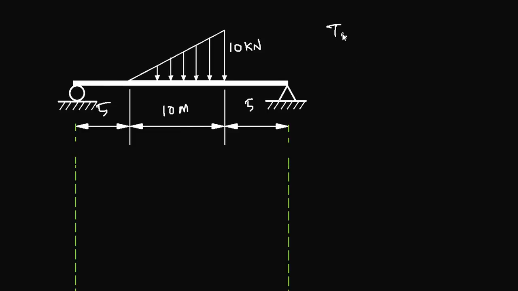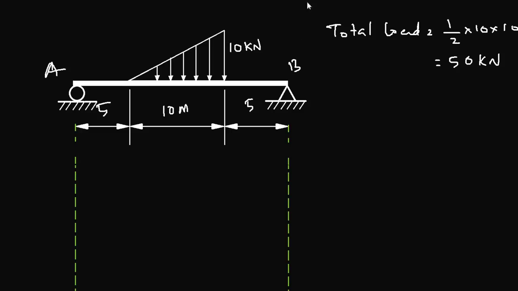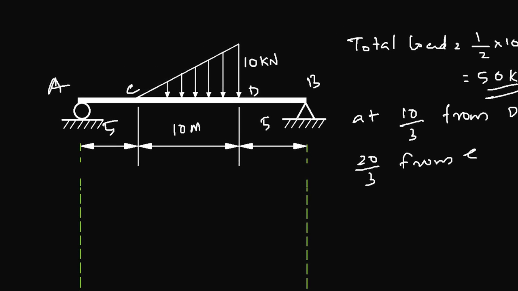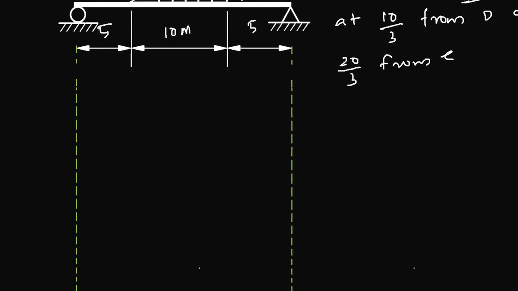Now the total load of this force system is half times 10 times 10 equal to 50 kilonewton, and with points A, B, C, D, that 50 kilonewton will be acting at 20 by 3 from C, and 10 by 3 from D. So this will be acting at 10 over 3 from D, or 20 over 3 from C. So you can draw the equivalent diagram for this case,